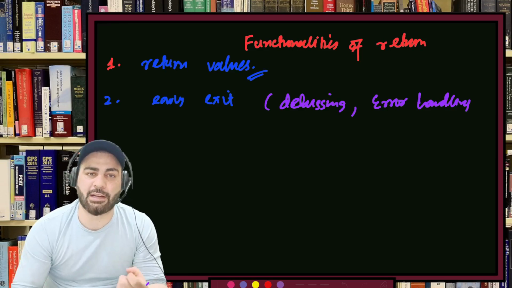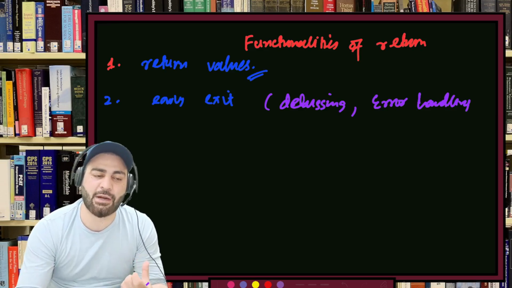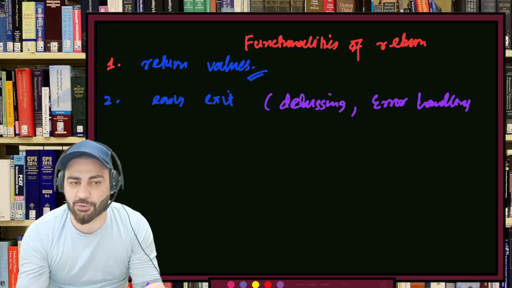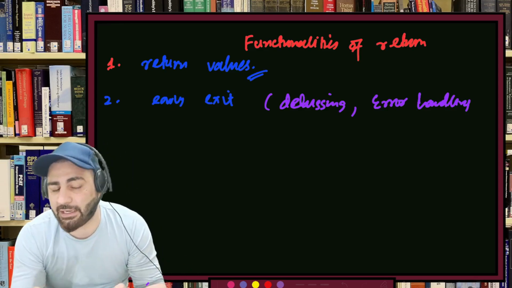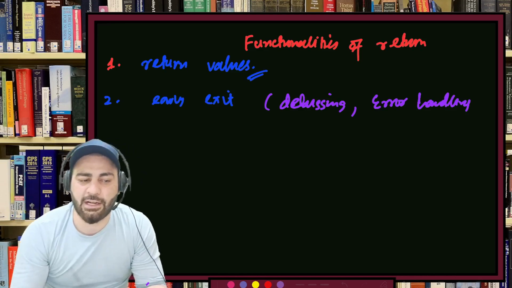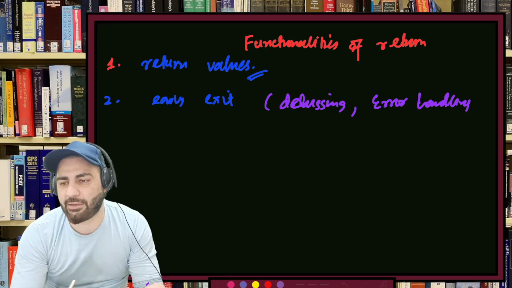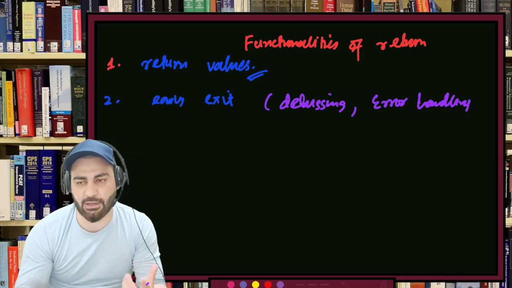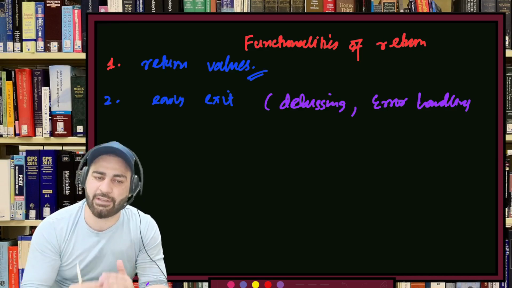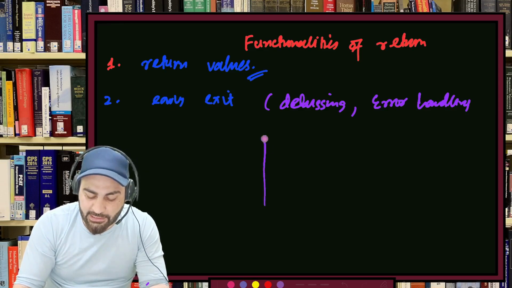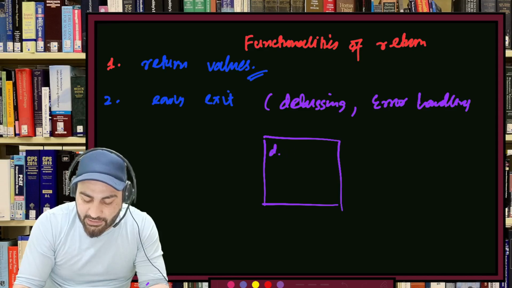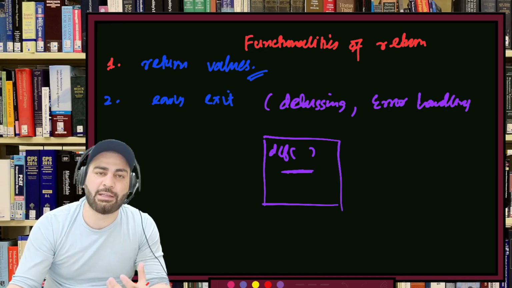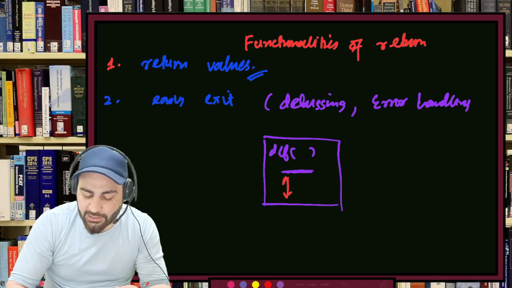You don't want that error unnecessarily, but you know that if that case is met you want to throw some error. Or maybe I can just stop the execution, I can just return the value. That's what I mean by early exit: the full function does not necessarily have to execute. The return statement is used to exit the function early, before it reaches the end of the function. It is useful when you want to handle certain conditions or scenarios without executing the rest of the code. Let's suppose you have a code like this, and this is the definition of the function. Something is met over here, and the whole point is that it is better not to execute all of these lines, it is better to just